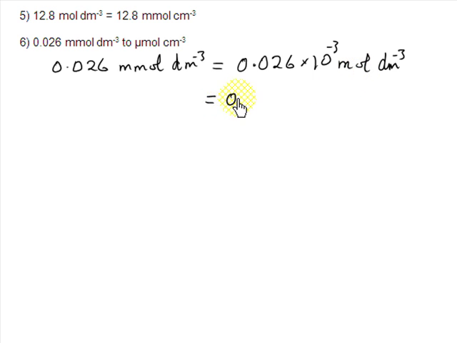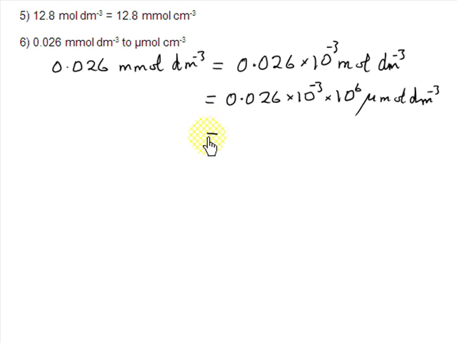So this would then become 0.026 times 10 to the minus 3. And we know that 1 mole is equal to 10 to the 6 micromoles. And this will be per decimeter cubed. And we know that 1 decimeter to the minus 3 is equal to 10 to the minus 3 centimeters to the minus 3. So converting the per decimeter cubed, we will have